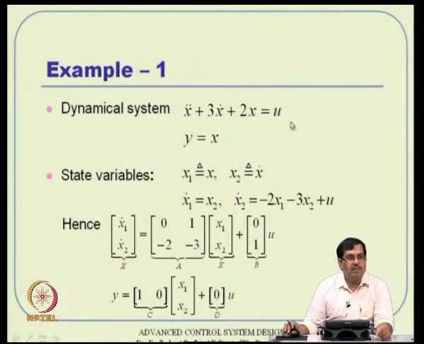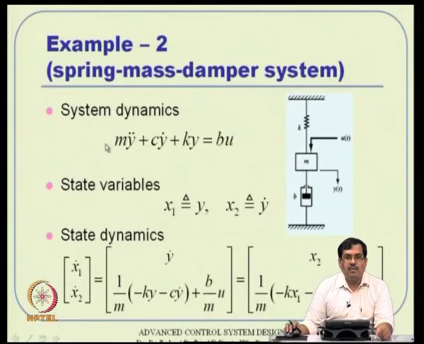This is also a spring mass damper system in a way, but it is more theoretical, but this is slightly more practical because we really talk about a physical quantity for m, physical quantity for c, damping coefficient, physical number for k, spring constant, and then there is a control input which is actually coming to the system through some sort of multiplication with b, system parameter. So, this m, c, k and b are nothing but system parameters, and they may or may not vary with time actually. And for all practical purposes of control design, for a spring mass damper system especially, we can assume that these variables are fairly constant actually.